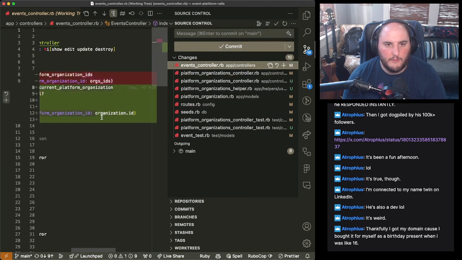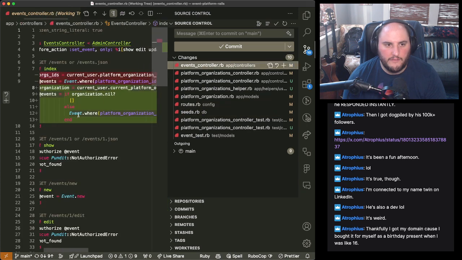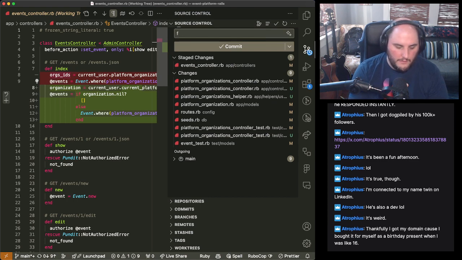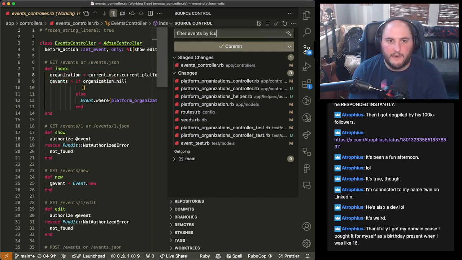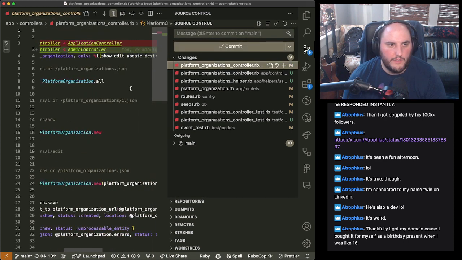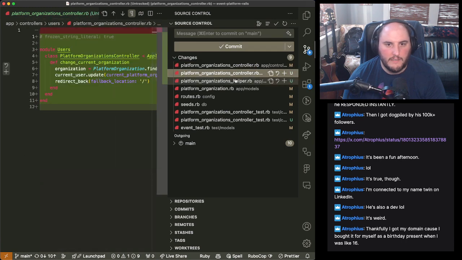Now in here, what we're going to do is in the events controller, filter events by current user org. This is going to be fixing a bug.